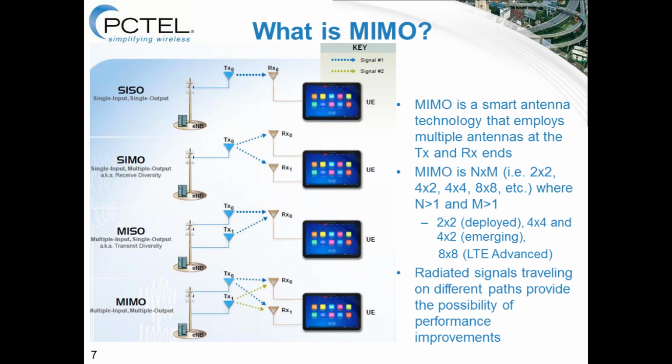My name is Jim Zick, and what I first want to do is briefly explain what MIMO is, and then I want to go through the MIMO measurements that we think are important for testing your network, followed by a couple examples or case studies that we did on an outdoor DAS system as well as on a macro cell. And as Bruce mentioned, MIMO is going to be one of the key elements to be